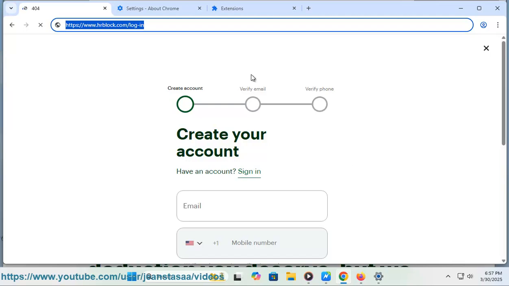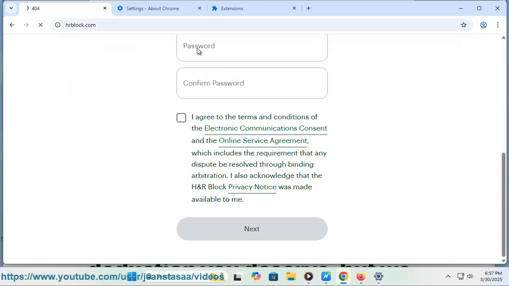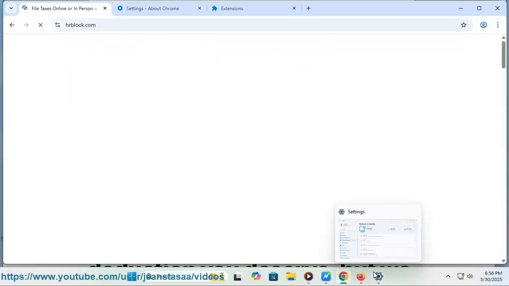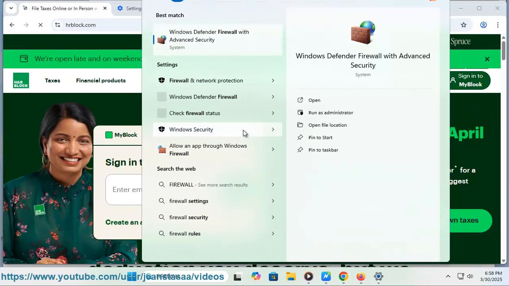Advanced troubleshooting. 1. Firewall or antivirus settings. Check if your firewall or antivirus software is blocking the H&R Block website. Add it to the list of allowed sites if necessary. 2. Use the correct login link. Always use the official login page, H&R Block login,